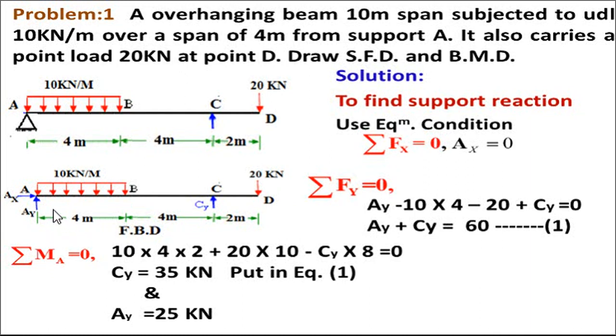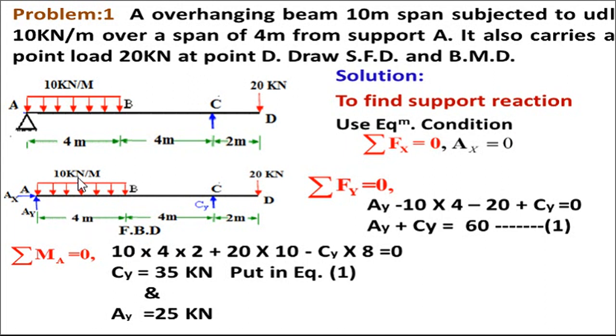Further we have the equilibrium condition that summation of moment at any station, either you can take station C or you can take the moment at A. The better way, because the reactions are more at the A support, is to take the moment at A is equal to 0. So UDL 10 kN over the span 4 meter. This UDL is acting at the center, and the total load of UDL is 10 into 4, which is acting at 2 meter from the A station.